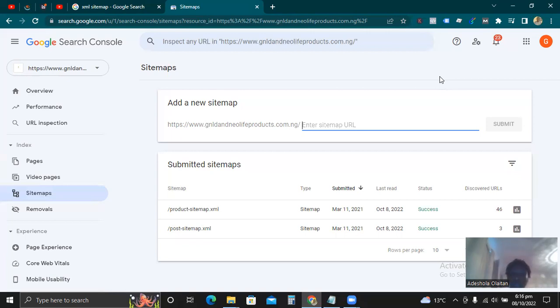So if you have an e-commerce website, which can also be doing blog posts and the likes, you need to submit the product sitemap, submit product sitemap.xml. As an e-commerce business, if you do this, you are basically informing Google about the product pages on your website, that they should go and crawl all the product pages on your website and index it and store it in their database. So for posts, you submit the post sitemap,